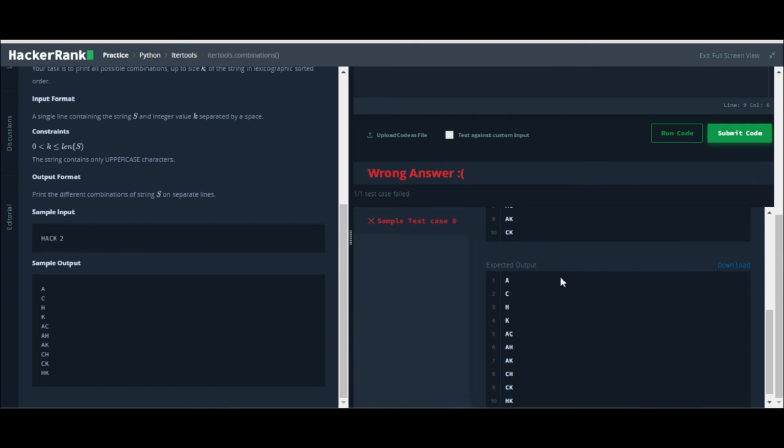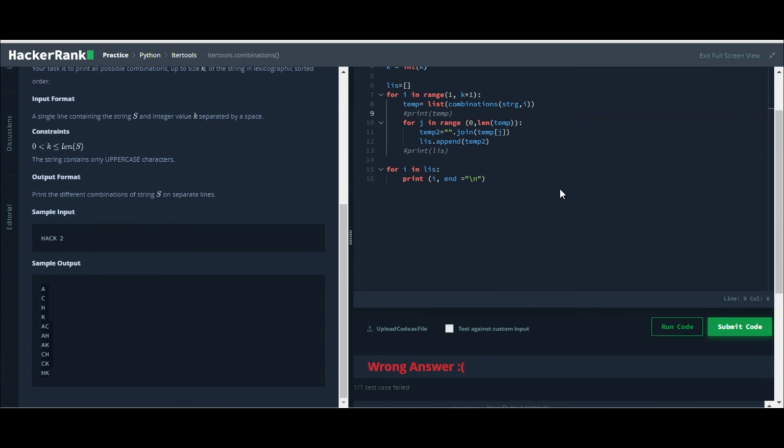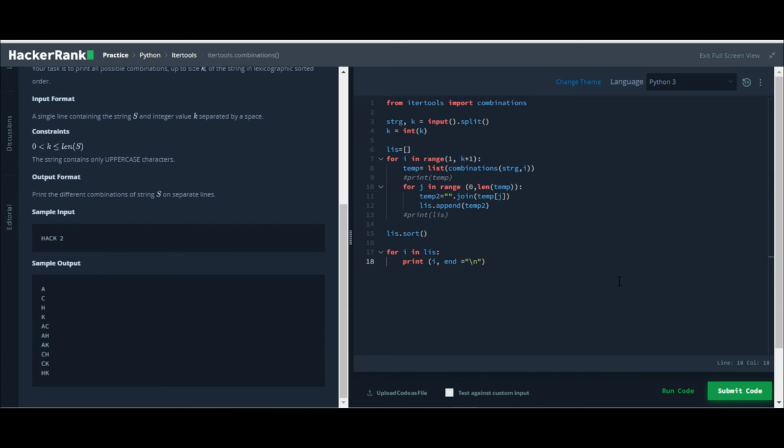So now you can see it is printed HACK, HA, HC, HK, AC, AK, CK. But it is not in order. Lexicographic order is not there. Alphabetically it is not arranged. So what we can do here is sort the list, list dot sort, right? This is something you could have tried. And then if I do it,